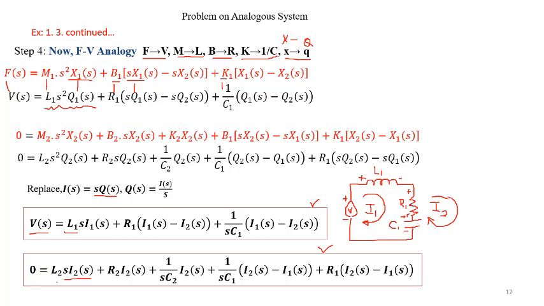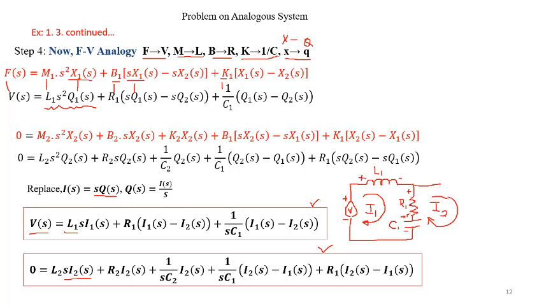Next we have to do it for the second equation, the lower equation. The equation we are going to start from L2. How are we going to start from here? L2, R2 and C2, all these elements are in series. And capacitance C1 and R1 are going to be common between these two loops I1 and I2. How do we start? From here, point 1. From here we are going to start.